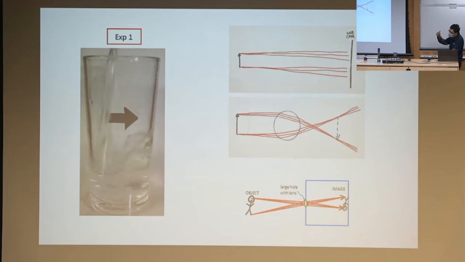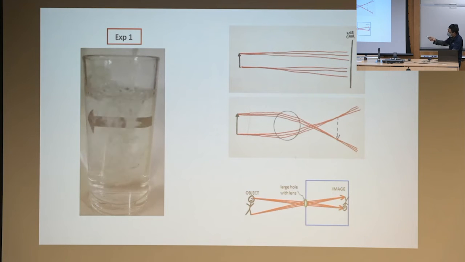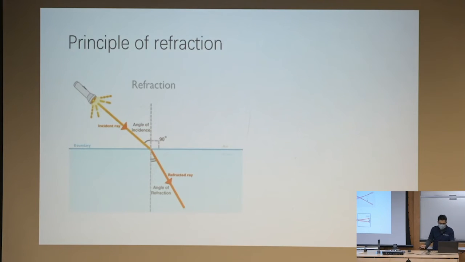It is the same phenomenon as using a lens to get a clear image from the peephole. So you can get a clear image like using a camera. And the principle of refraction is like that. When you shine a light from a sparse medium to a dense medium, or vice versa, the light will be bent. The basic principle is that when the light goes through different materials,